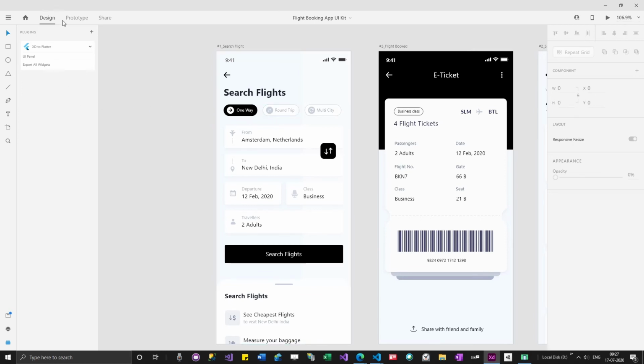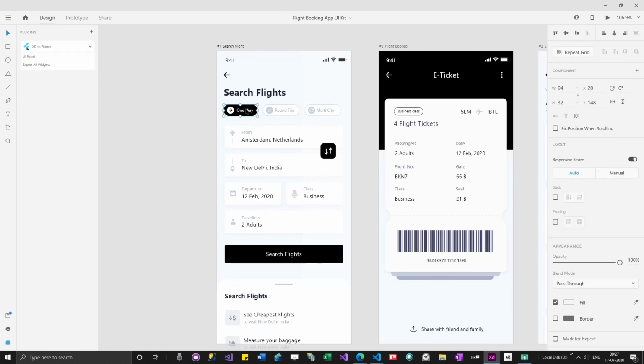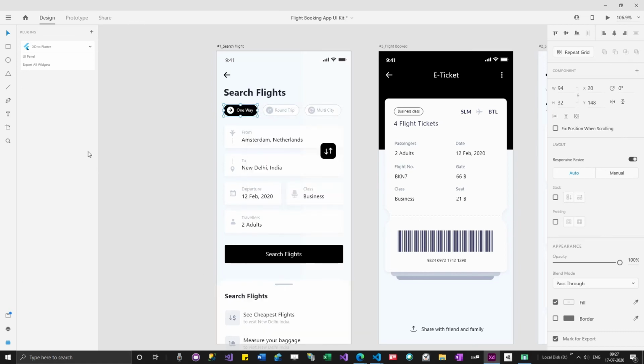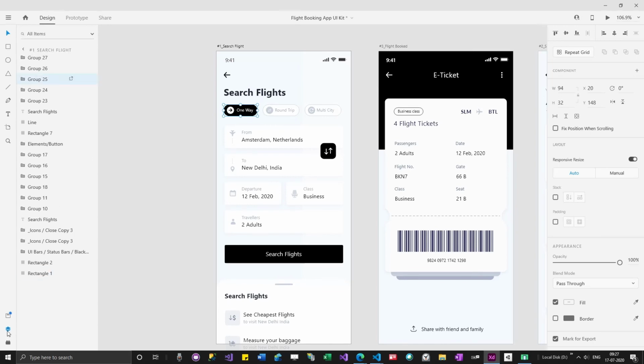In this case we don't have much option other than going with XD to Flutter, which is given by Adobe. Once you have this Adobe XD, you can take this. See, you know that this is a set of widgets, right? This is not a single widget. If you are lazy enough, you can just go here, and I think you can mark for export. So what happened?